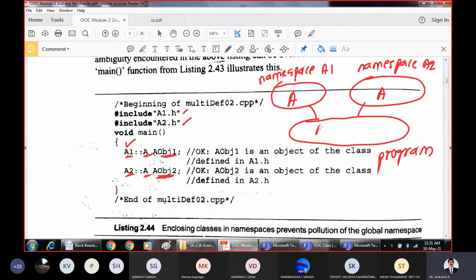That means here this will indicate A1 scope resolution. Independently, we are clearly telling that this A belongs to this namespace, and this A belongs to another namespace. Clearly we are telling because we are referring; this is one more usage of the scope resolution operator. This declaration tells the compiler that the name clash